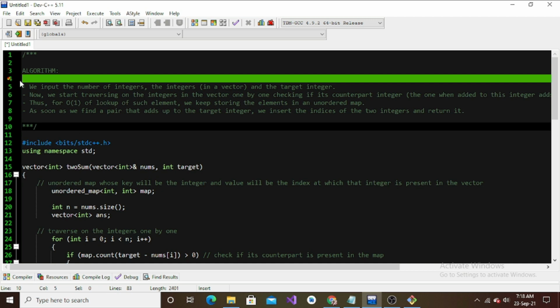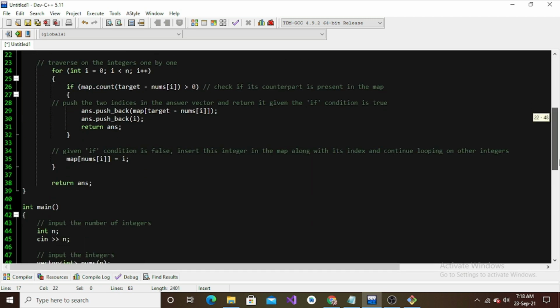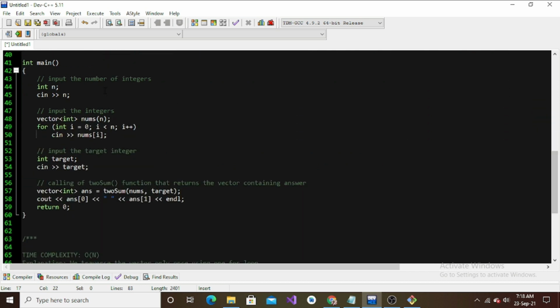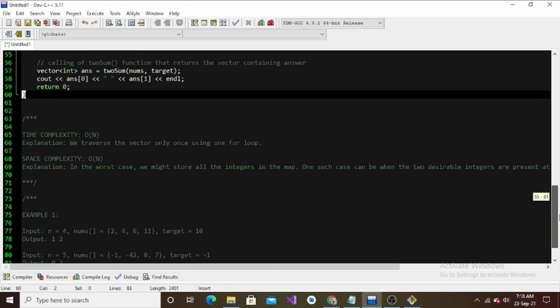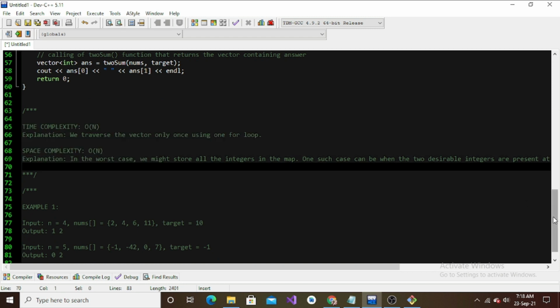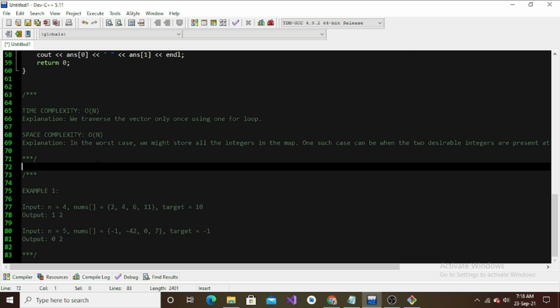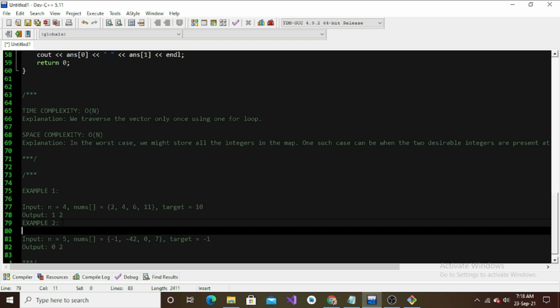Then you have the complete code in CPP. It should be a well commented code, and you should try and make it user input, that is, there should be a main function. And then in the end you should mention the time and the space complexities with the explanation, and at least 2 sample test cases, or let's say examples. Example 2 as well, right?